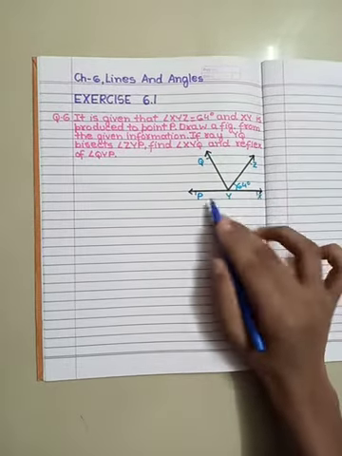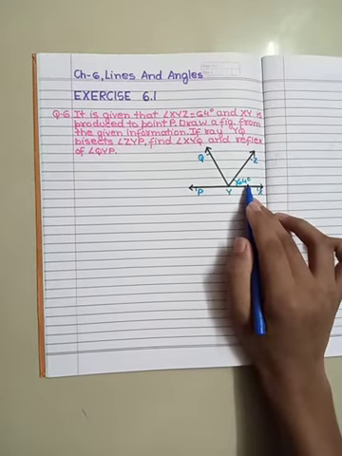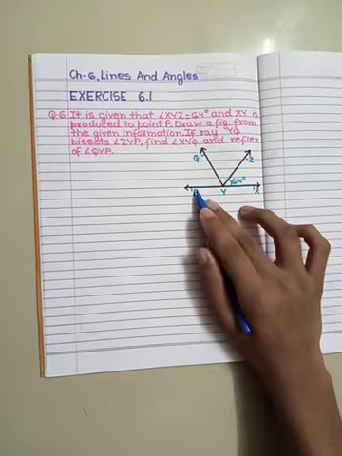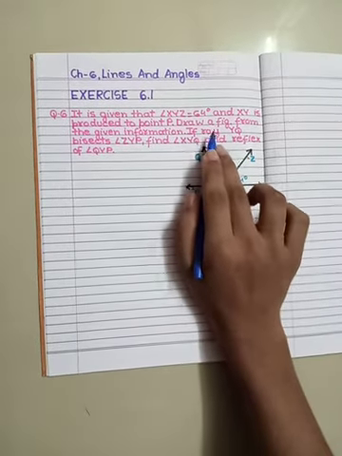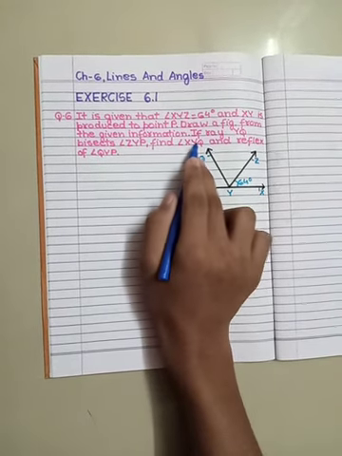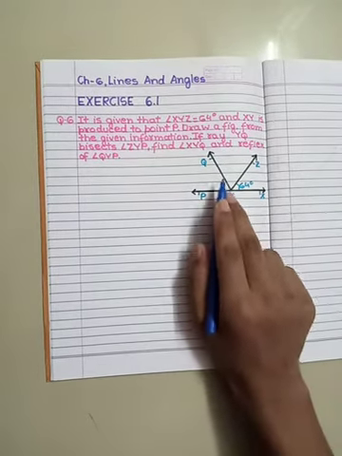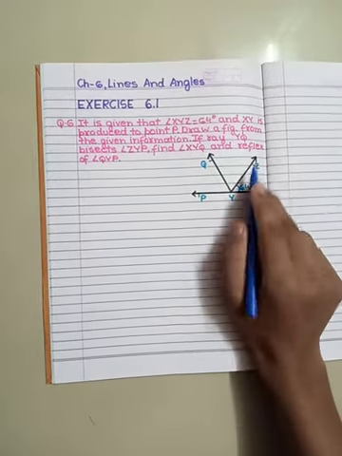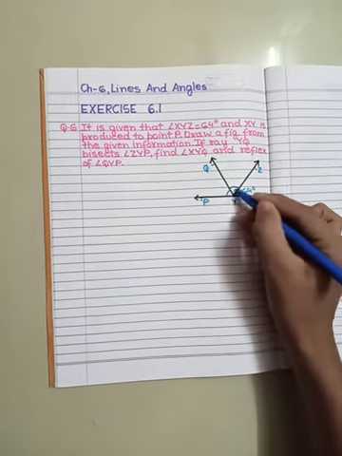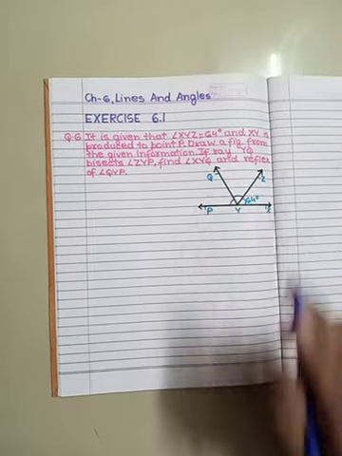So as you can see, I have drawn the figure. First we have drawn angle XYZ which is equal to 64 degrees and then extended the line XY to produce point P. Now moving further, if ray YQ bisects angle ZYP, find angle XYQ and reflex of angle QYP. So this ray, that is YQ, bisects this angle ZYP. So this means that these two angles will be equal, that is angle QYP will be equal to angle ZYQ.